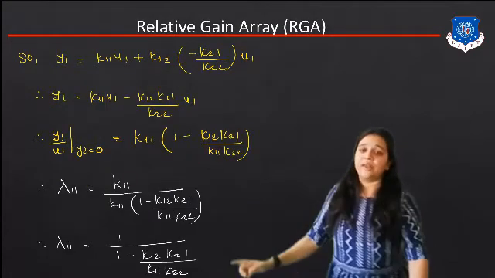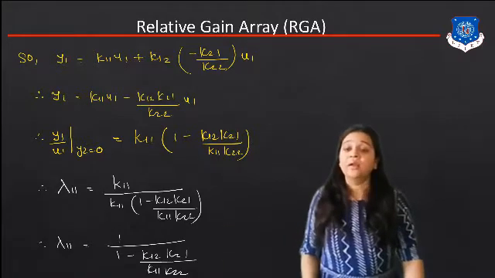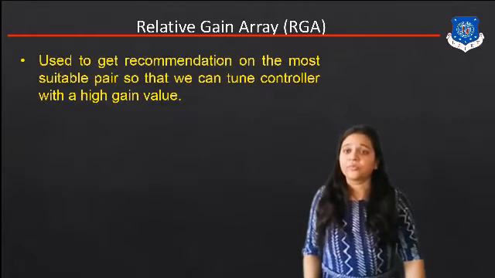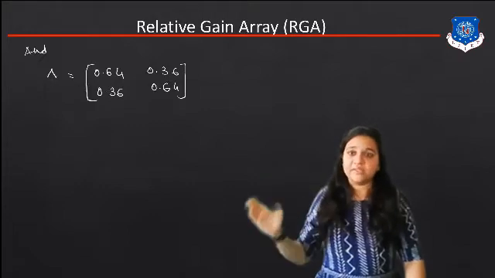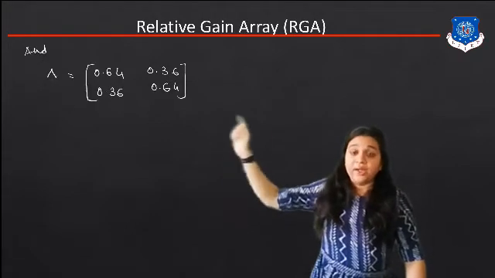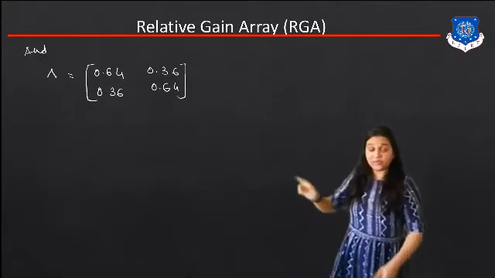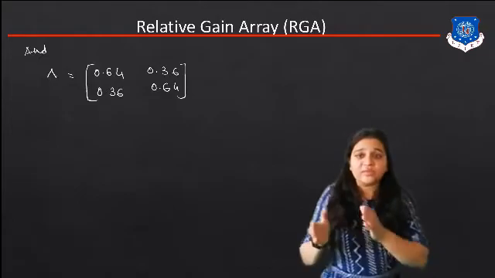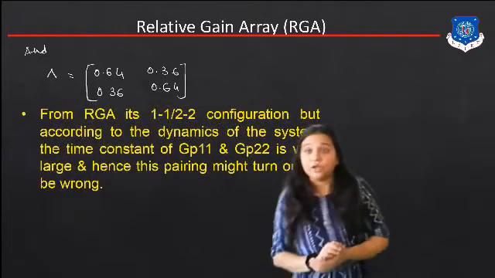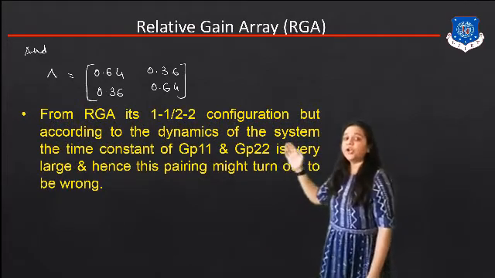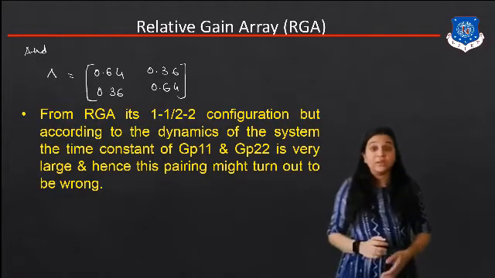Okay, put the value of k12, k21, k11 and k22 in the lambda 11 equation, and then we have to find the value of RGA, that is 0.64, that is lambda 11. So we can put here 0.64, again 0.64, and the other two terms are 1 minus 0.64, that is equal to 0.36. So from RGA, it's a 1122 configuration, but according to the dynamics of the system,